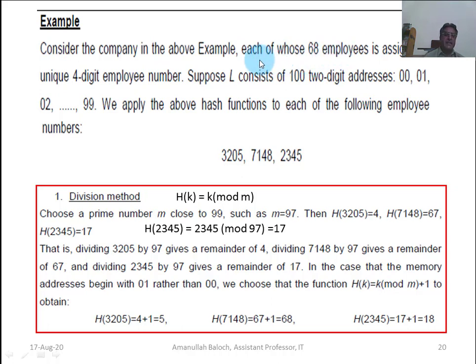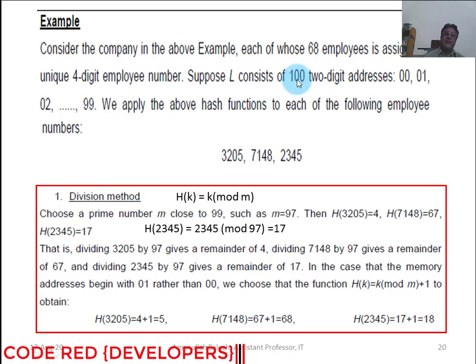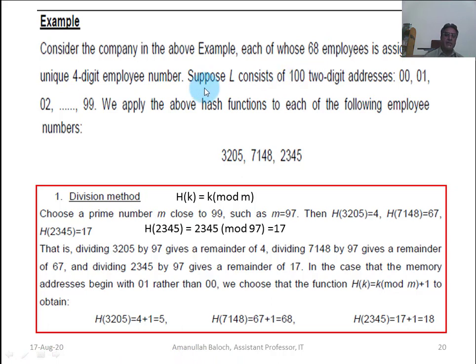But using hashing, we will use only 100 memory locations for 68 employees, and in 100 memory locations there is not much wastage of memory. Suppose L consists of 100 2-digit addresses, that is 00, 01, 02 up to 99.